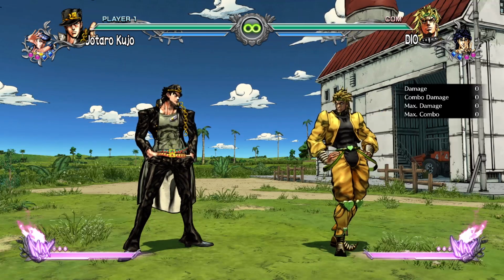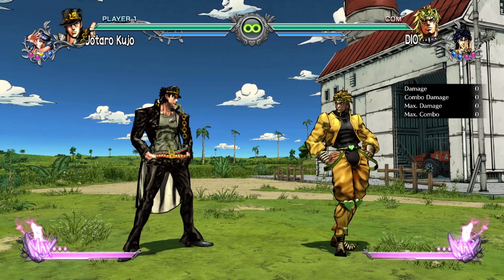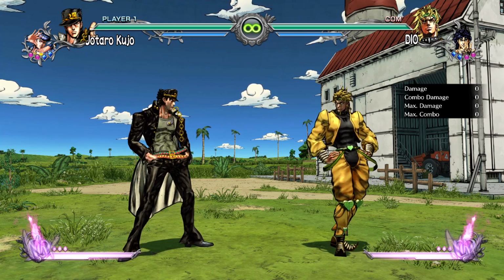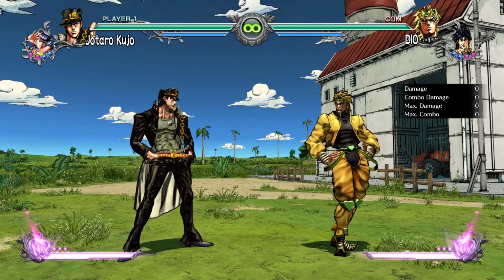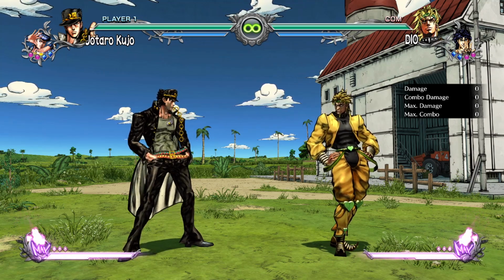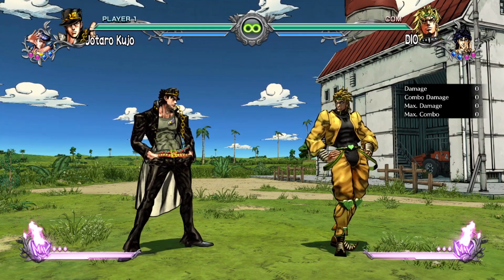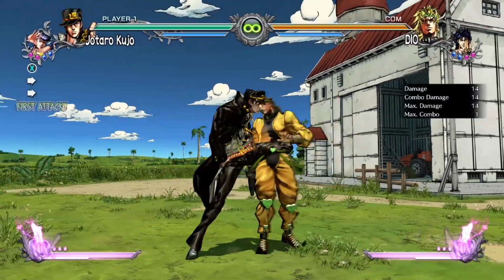So to finally bring everything that we learned into today's video and bring it all together, we're going to implement assist and flash cancels into everything that we've already done. So to start off with assist, we're going to call assist while we're doing the combo that ends in JoJo's down forward heavy. Now more than likely you're going to have to call assist mid combo, so the sweet spot is going to be after you do the heavy in the combo. So for example,